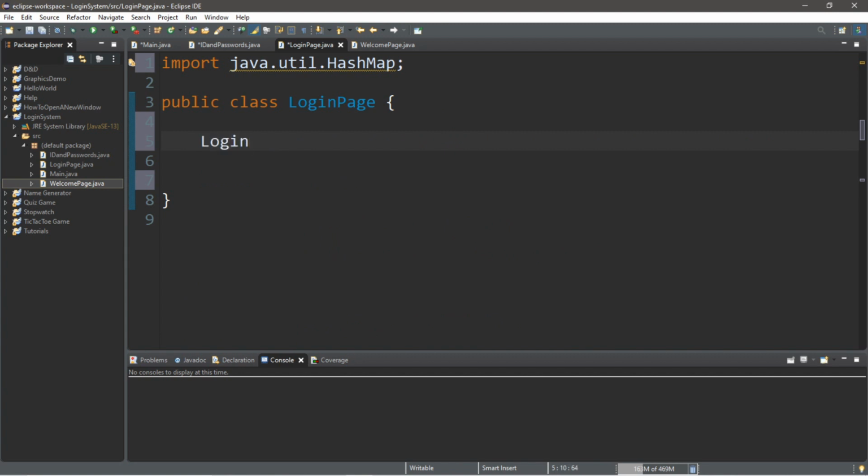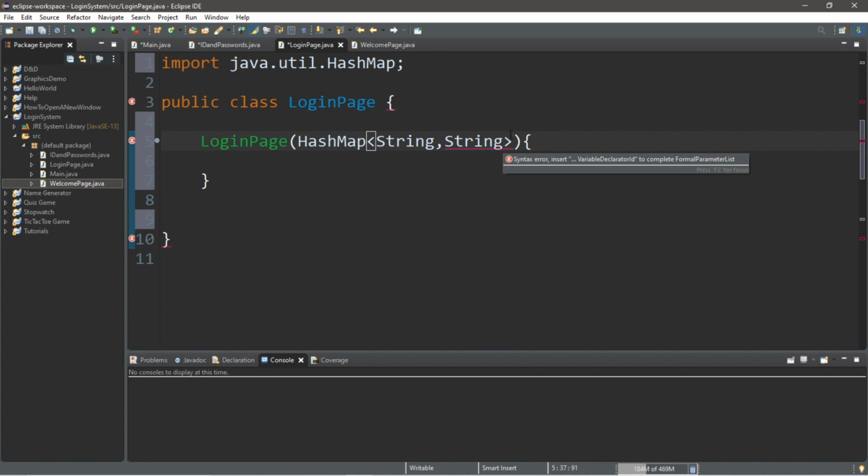So at the top, LoginPage, parentheses, curly braces, and we need to set up the parameters here so that this will accept a hash map. Also make sure you have this import as well. Alright, so then we need to type in the data type, HashMap, and this is a hash map of two data types, both are strings, and we will call this hash map that we're receiving a different name, maybe loginInfoOriginal.